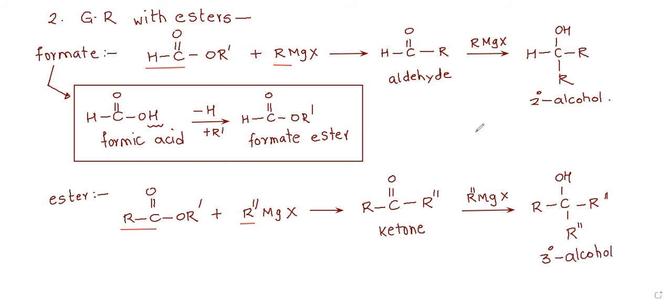So sir, the first Grignard reagent can be normal, like CH3, and the other one can be like a cyclo? Yes, absolutely. You have full liberty. That's what I said, you can use anything you like. Everything will react. The R' of the formate is not used in the major product. No, that is going as byproduct. That comes out as R'O connected with MgX and goes as inorganic byproduct. So that we are not writing.